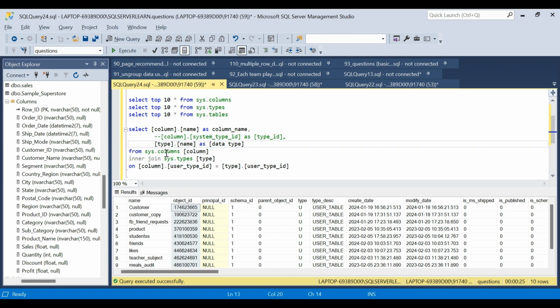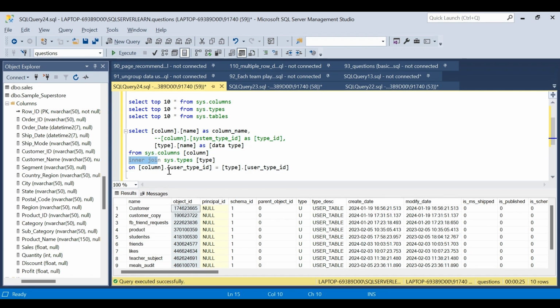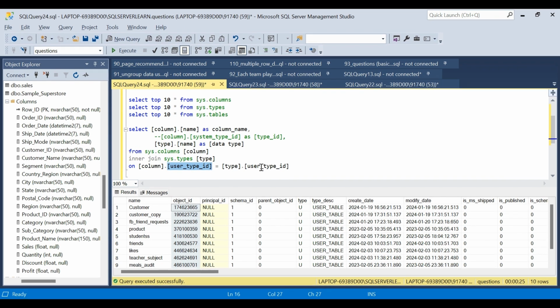And this is taken from the two tables, and we are creating an inner join with the two tables. The inner join is based on the two columns which I have initially mentioned, which are user_type_id from the sys.columns table and user_type_id from the types table. And now if we run this query, we will get all the columns from the database and their corresponding data